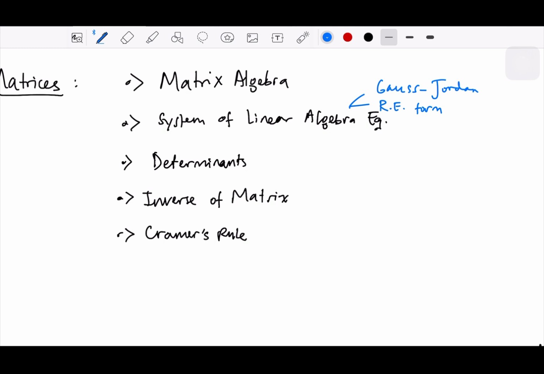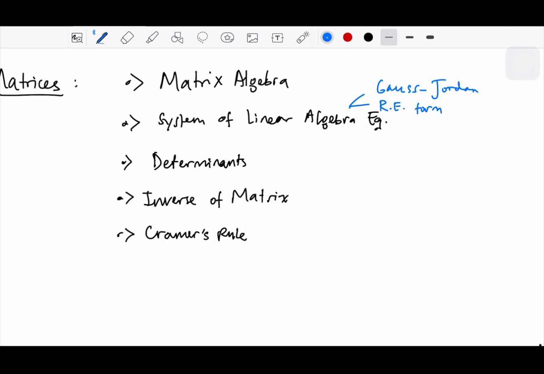Row echelon system. You remember that we need to make it 1, 1, 1, 1. I think basic math. If you take basic math with me, I also explain that. But I do hope this 5 you are able to be familiar with. Maybe I will add some additional information about the second part, how to solve a system of linear algebra, which we sometimes call Gauss elimination